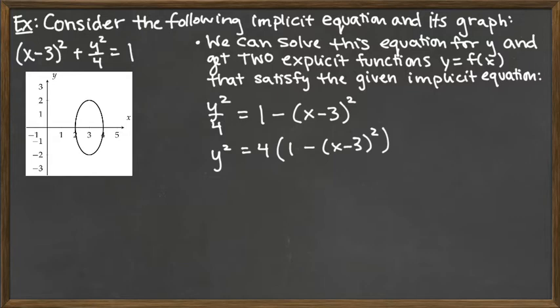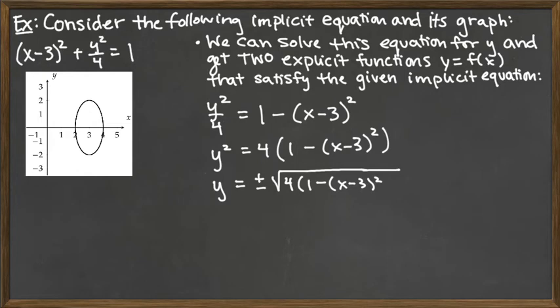But that square on the y is really hiding the information about the sign of what's in it. And so when we take the square root of both sides of an equation to solve, we have to remember to include a plus or minus, because that plus or minus is indicating that what was inside the square could have been positive or negative. So we have the plus or minus square root, and we keep everything else on the right-hand side